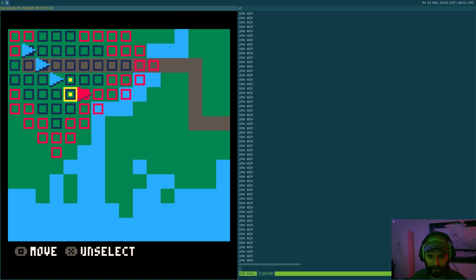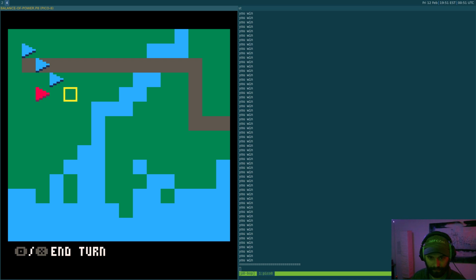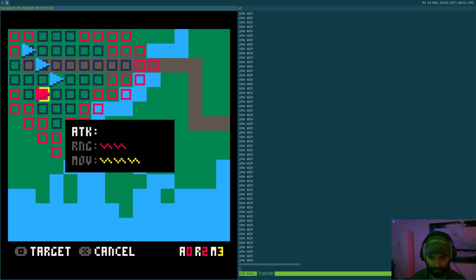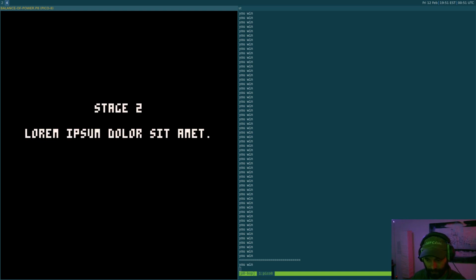So we blast them. We have one. Now what I would like, okay, yeah, that's something else to account for: once we win, we want the cursor... You should lose control of the map when you win, or the...